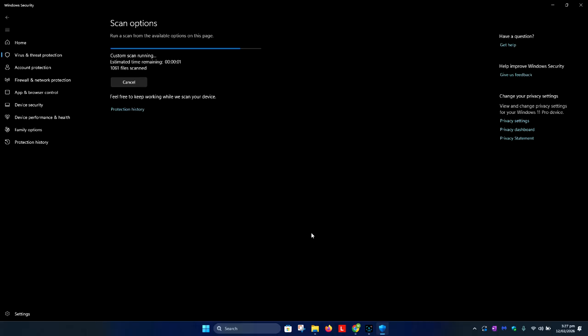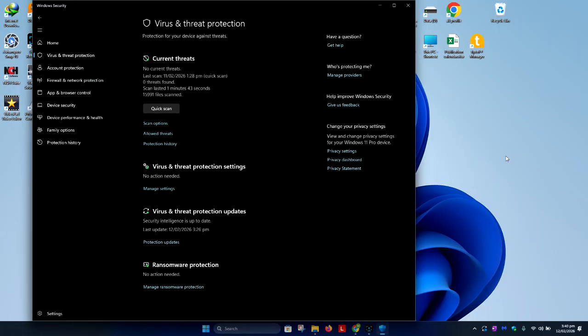I will just pause the video here and I will restart to show you what it looks like after the scan is done. You'll be redirected to this page and you will see that the scan has lasted, let's say, 1 minute, number of files scanned, etc. If it has found any threat, it should be able to put it in